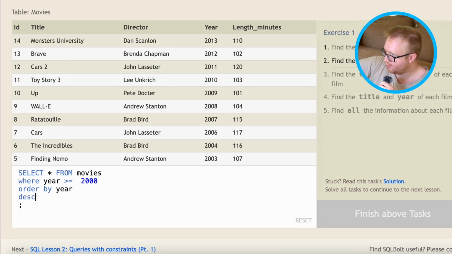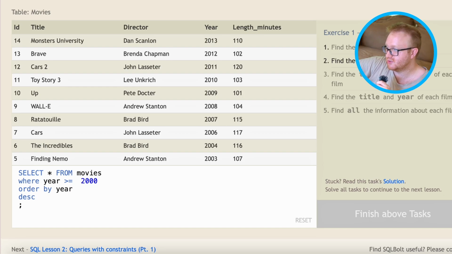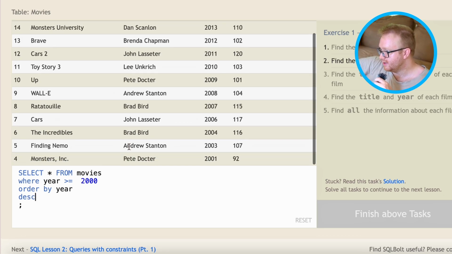DESC. Boom. And DESC stands for descending. The alternative is ASC, which stands for ascending. And you can see, because this is a live editor, as we change the columns, the data dynamically changes. So now we have it by DESC with Monsters University. That's the newest movie, released in 2013. That is now one. And now the oldest movie in the list, Monsters, Inc., released in 2001, is at the